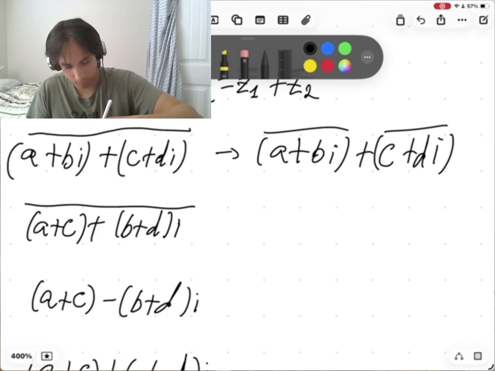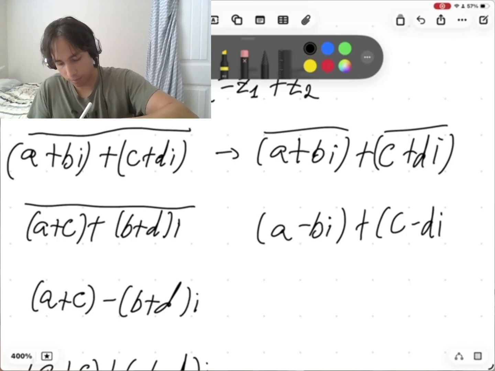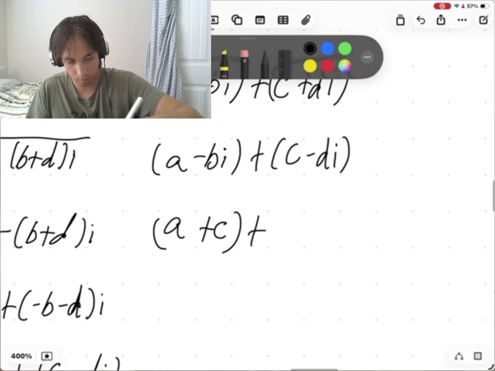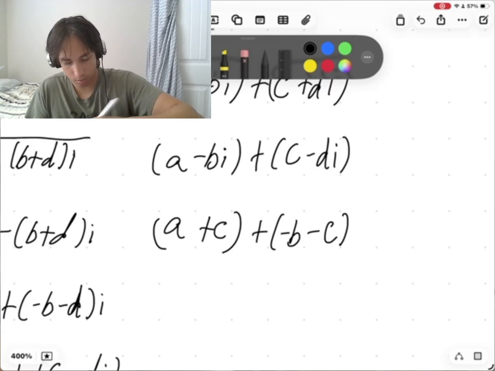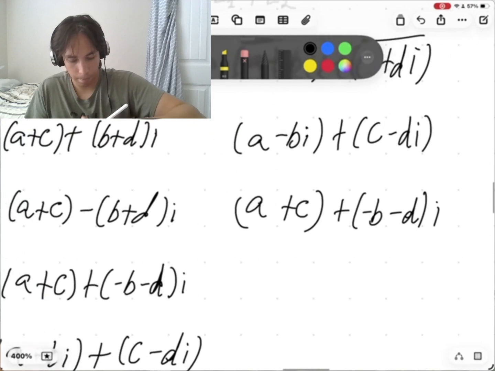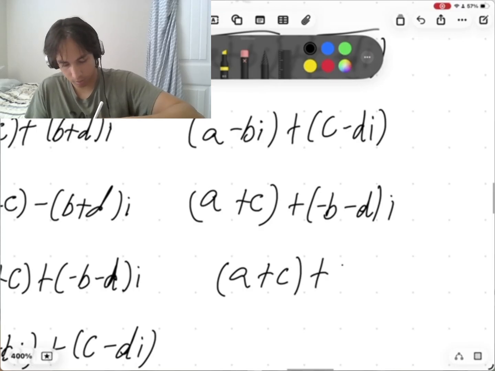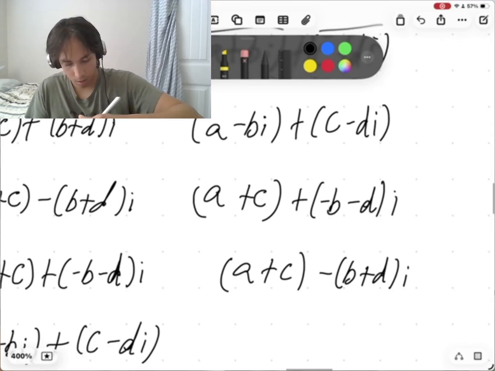So this becomes a minus bi plus c minus di, then a plus c plus negative b minus c, actually minus di, which becomes a plus c plus, actually, minus b plus d, and if we get the complete conjugate out of